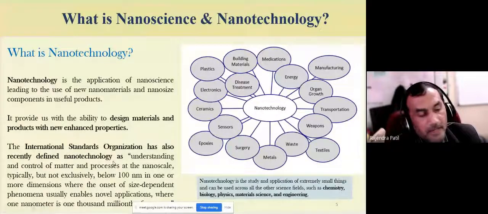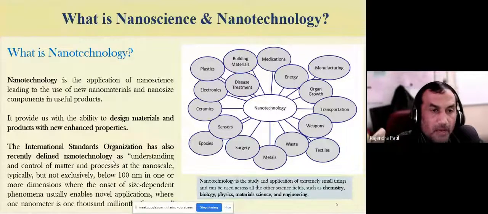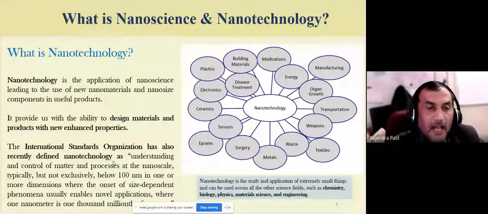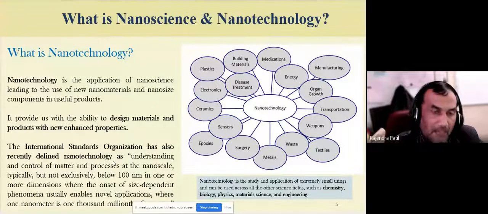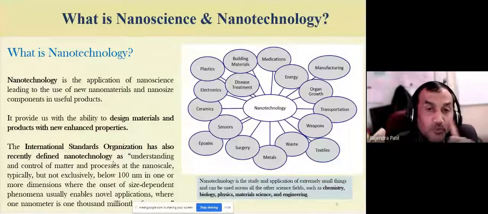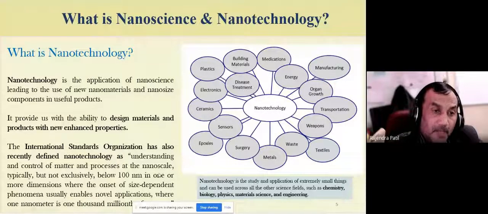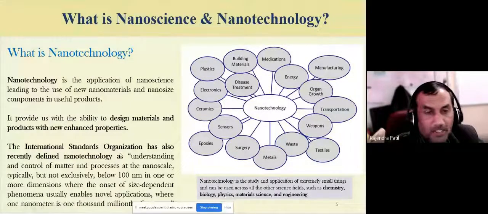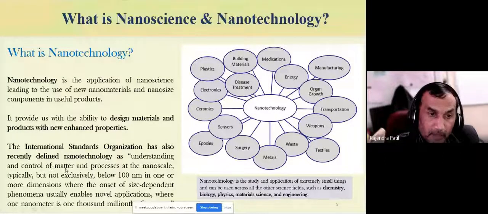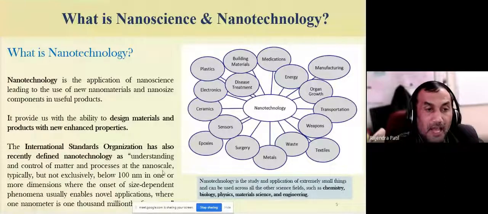Now, if you refer to various literature, the definition of nanoscience or nanotechnology varies, but there's a common consensus that a nanomaterial is defined as a material with at least one dimension below 100 nanometers. The International Standard Organization has defined the term nanotechnology precisely as understanding and control of matter. This is very important: control of matter and the processes at nanoscale, typically but